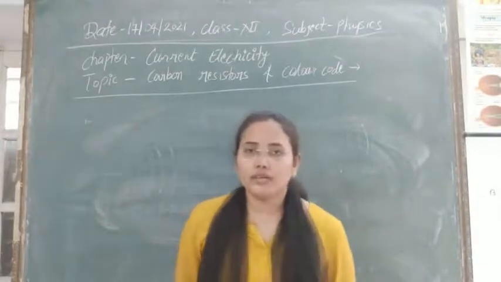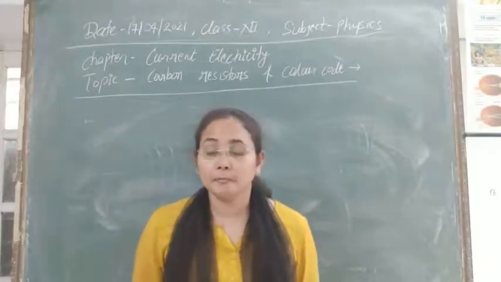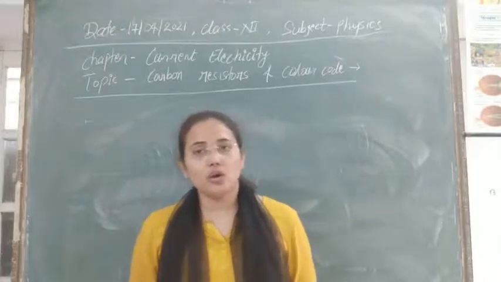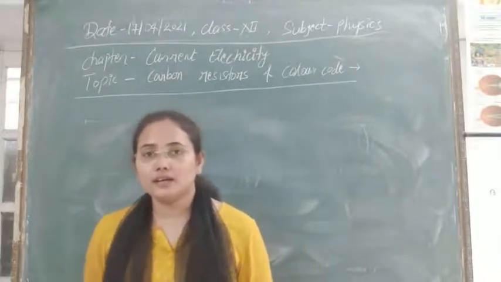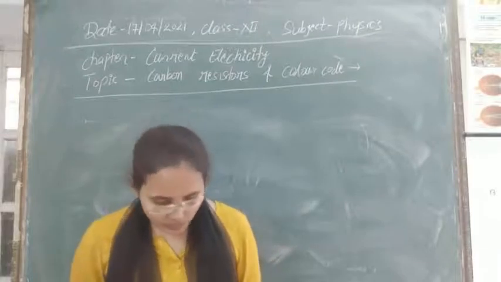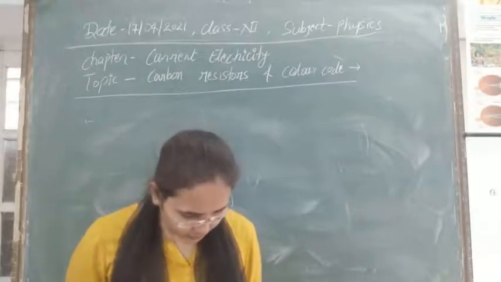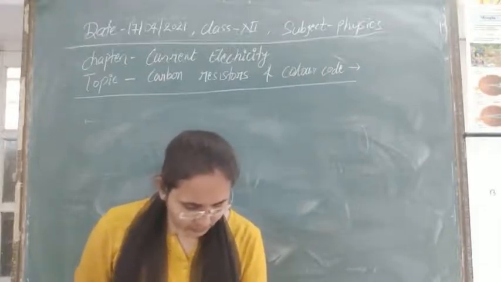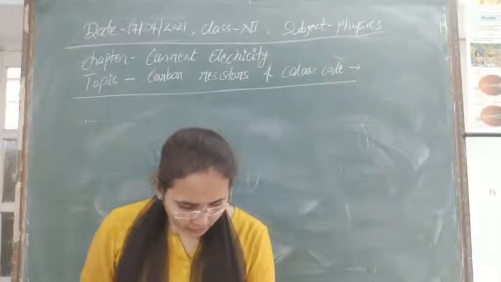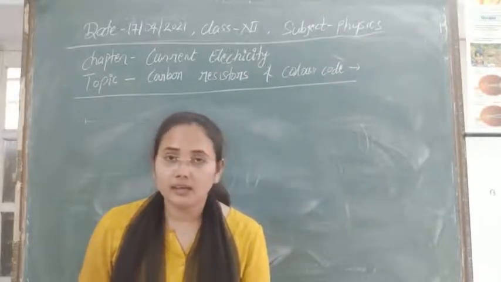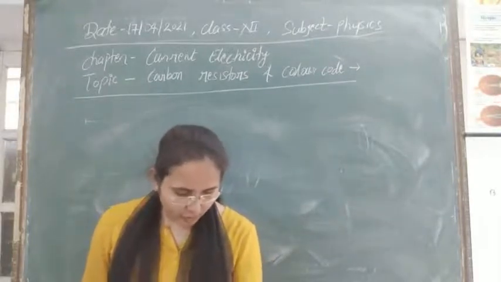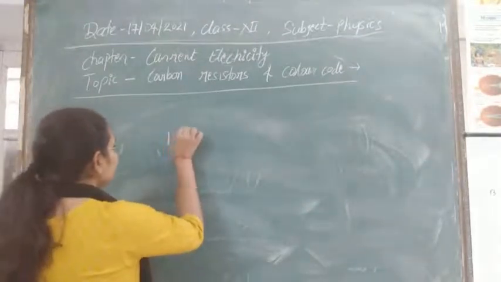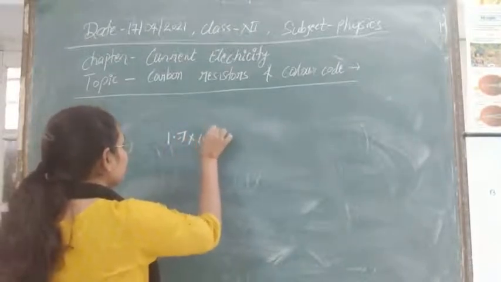Up to now we have discussed topics like what is electric current, what is resistance, and current density. On all these chapter topics we can solve some numerical problems. So here is the numerical problem that is given. First, the resistivity of copper, constantan and silver is given. For copper, it is 1.7 into 10 to the power minus 8 ohm meter.